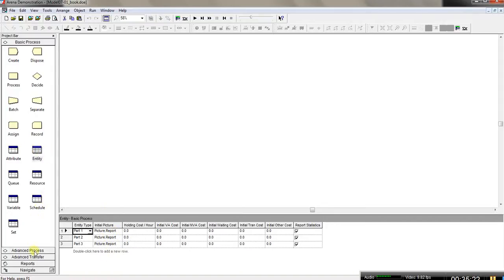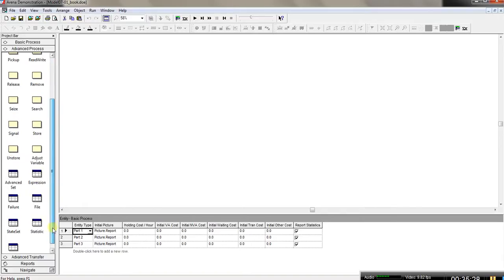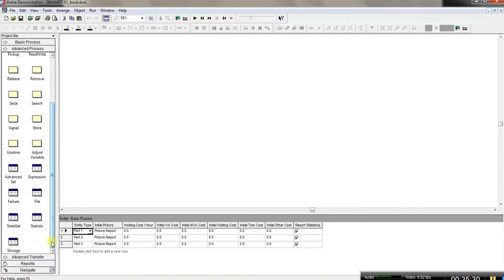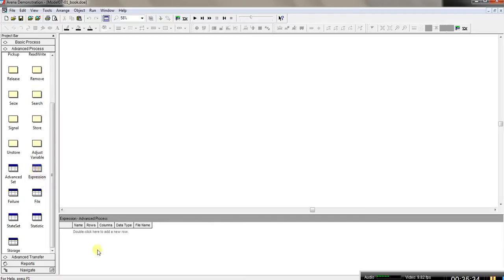So now that I took care of some of the things for the basic process, let's move to advanced process, and that's where we want to use the expression. So I'm going to click on expression data module, and we're going to have an expression for cell 1 times entered here. So I'm going to have the name for the expression, cell 1 times,